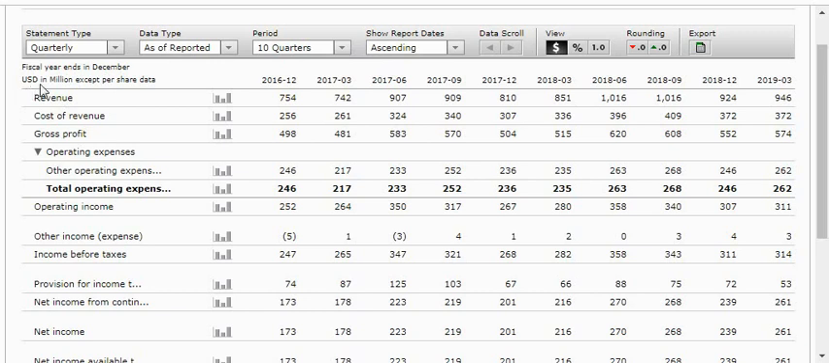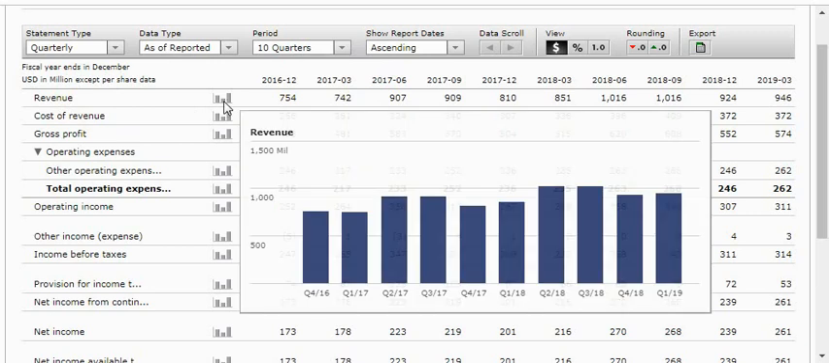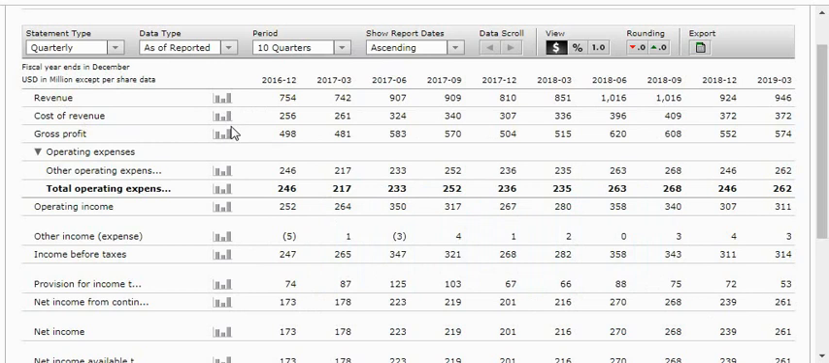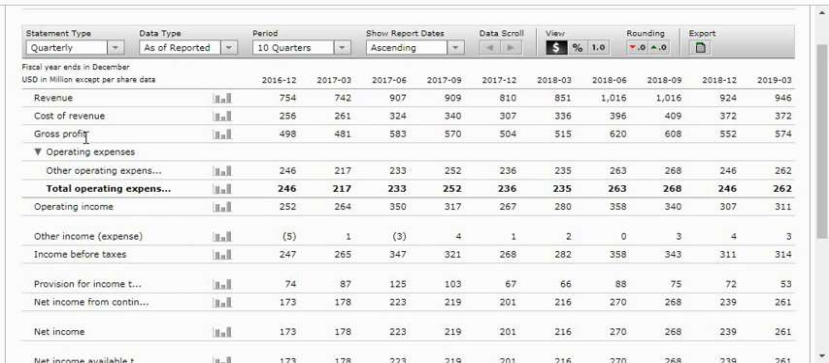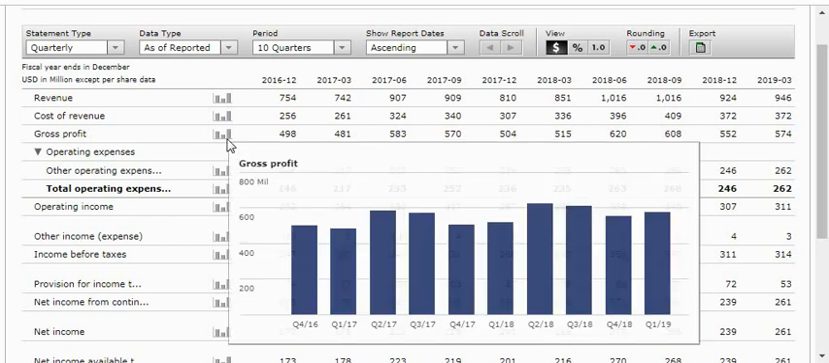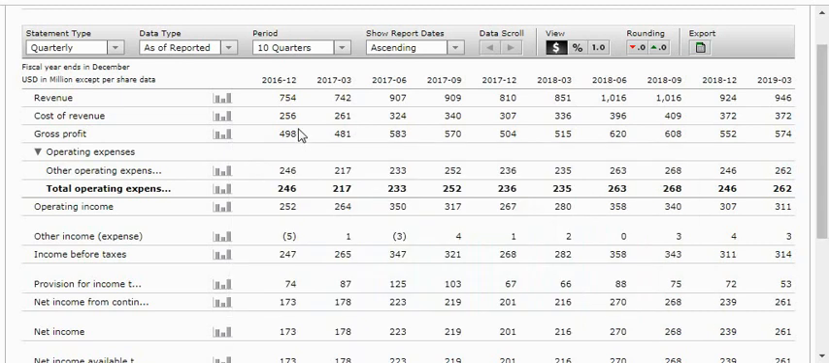Revenue, only numbers, row of numbers, and graphics. Cost of revenue, number and graphics. Gross profit, you can see graphics and numbers. Operating income, other income, net income, you can see graphics of net income for the last 10 quarters, because you choose quarterly. If you choose annual,